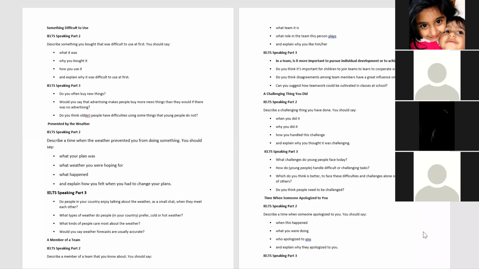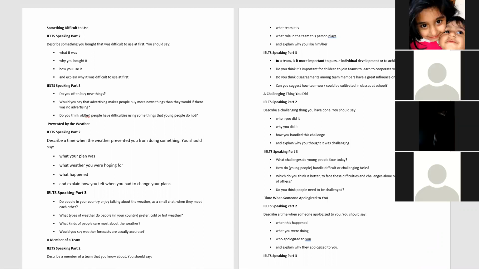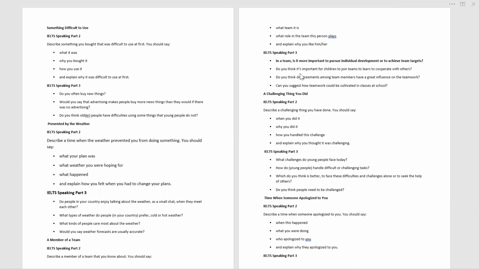Individual development and team target are both interrelated, because when we need to achieve a team target, individuals have to perform properly. So we need to focus on both to achieve a team target. All right. Anybody else?